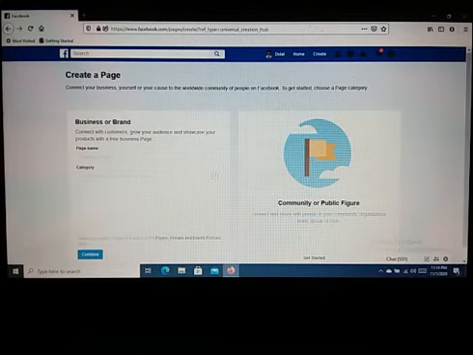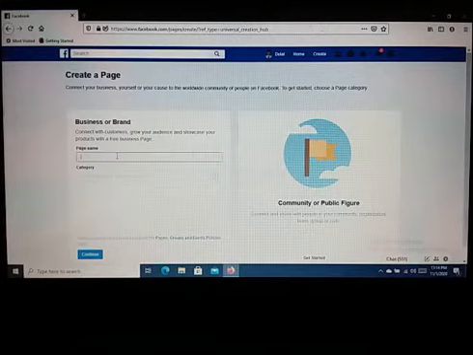Then you will see another option. Now you will have to write the name of your page in this box as you decided before. Now see, I am writing a name of my business page such as